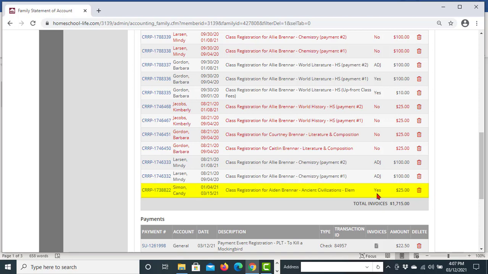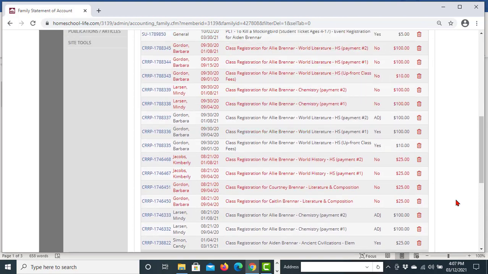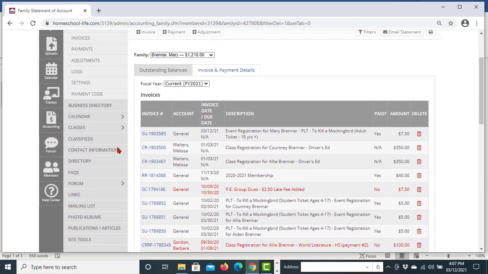We have noticed here that it is a paid invoice. It has a yes in the paid status. So this has already been paid for. So if the family cancels this student from the class, let's take a look and see what happens in this case. So we go out to the class,